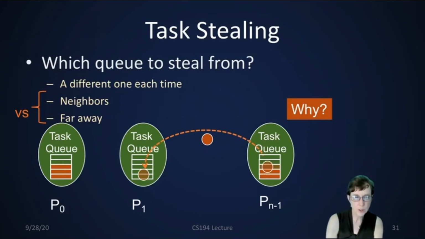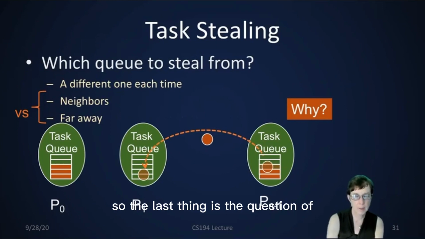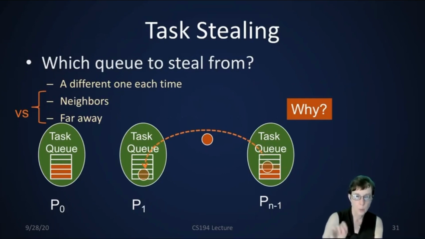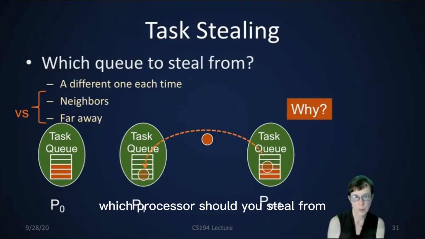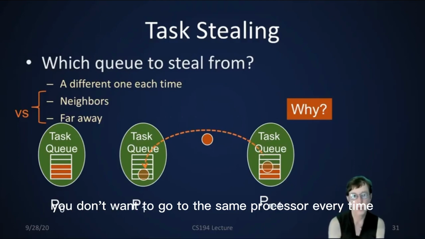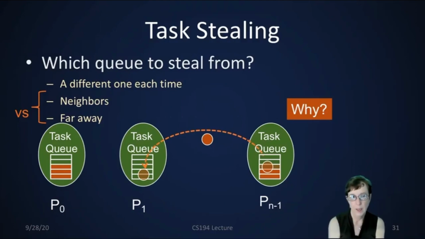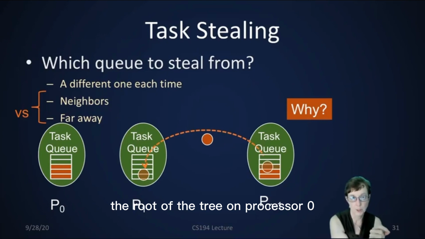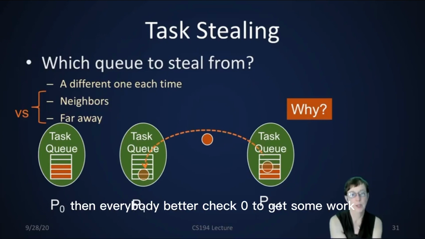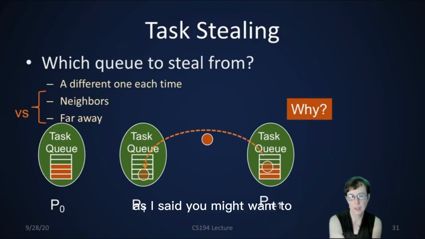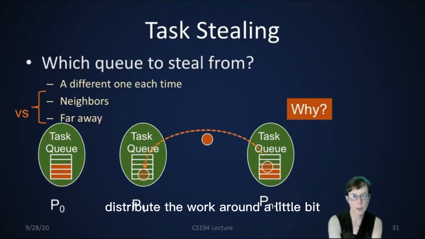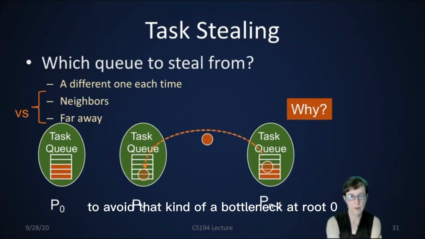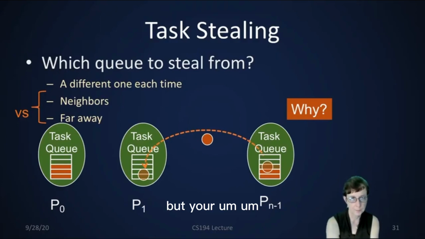So the last thing is the question of which processor should you steal from? Well, the first rule is you don't want to go to the same processor every time. Now, if you're doing game tree search and you're sticking the root of the tree on processor 0, then everybody better check 0 to get some work in order to get started. As I said, you might want to distribute the work around a little bit to avoid that kind of bottleneck at processor 0, but